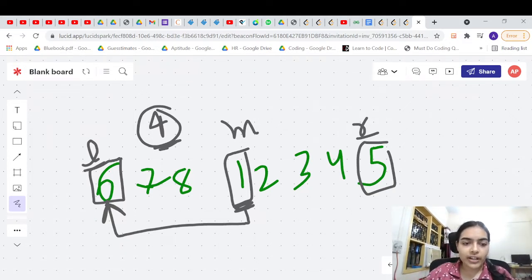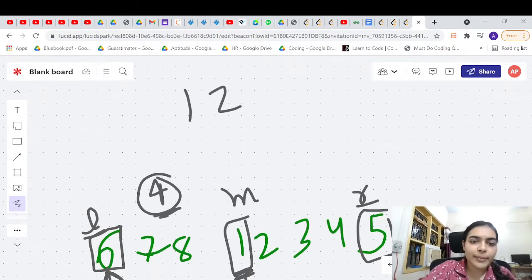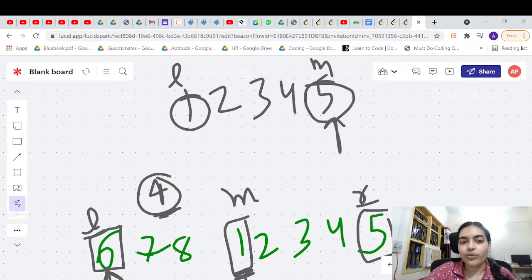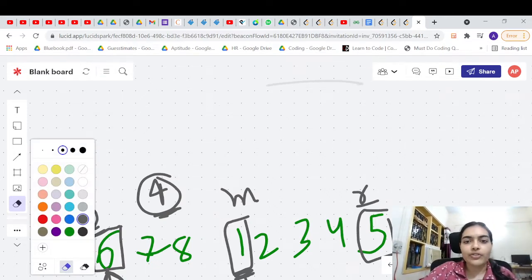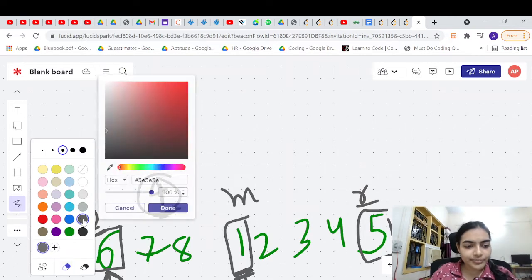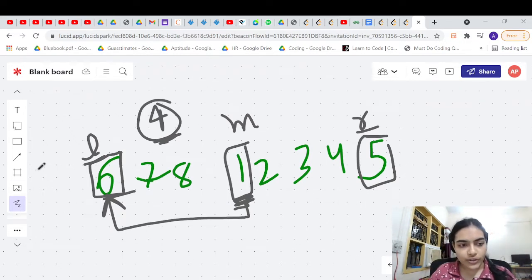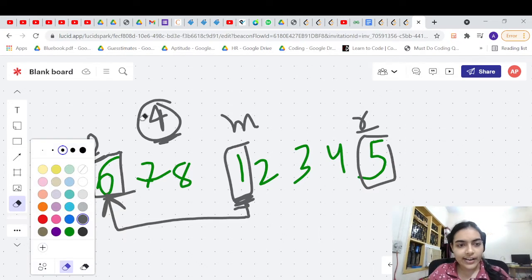It cannot be left sorted, because what is the meaning of left sorted? It will be in ascending order, right? If it had been something like this, this would have been your mid, this would have been your left, and you are comparing 1 and 5, then it would have been left sorted. But it is not left sorted, right? Because in this case, 1 is actually not greater than or equal to 6. So in this case it is not left sorted. So this array is right sorted.